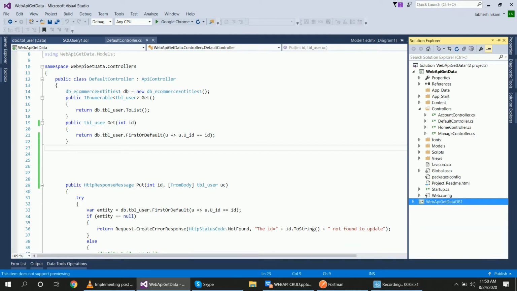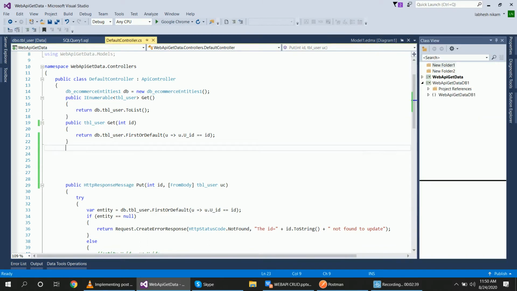Now in my MVC main application, I have created one controller named default controller. This default controller has no post method and I am going to write the post method in it. So how to start? Public void post. Suppose my method name is post.